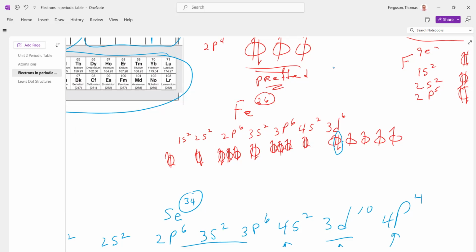Fluorescent lights. They used to call them neon lights. The reason they call them neon lights is because they're filled with neon gas. And if you look at the electronic configuration for neon, which we did earlier,